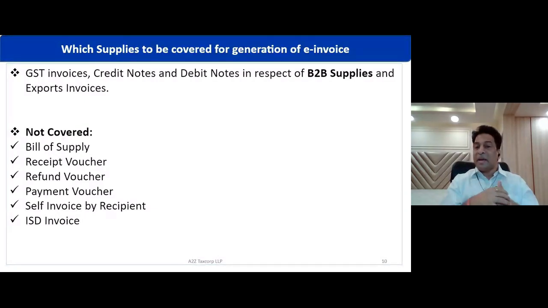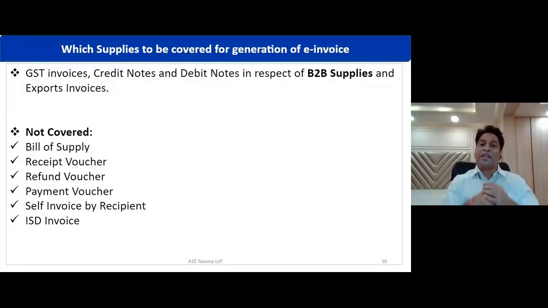So this is pertaining to debit note and credit note, and independently there should be e-credit note and e-debit note for B2B supply, along with a tax invoice and export invoice. And where it is not going to be applicable is the bill of supply, which is meant for exempted supply. But we are going to discuss a challenge later. If I'm engaged in an exempted tax invoice cum bill of supply, what to be done? I will discuss later. But if it is exclusively exempted supplies, not applicable.